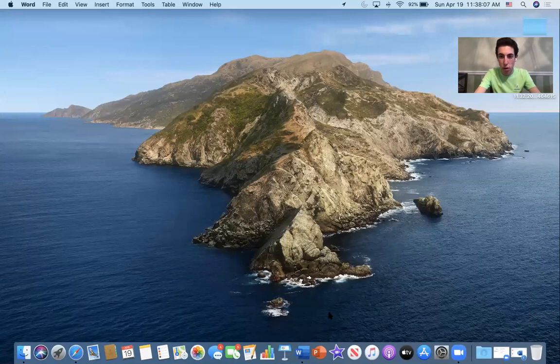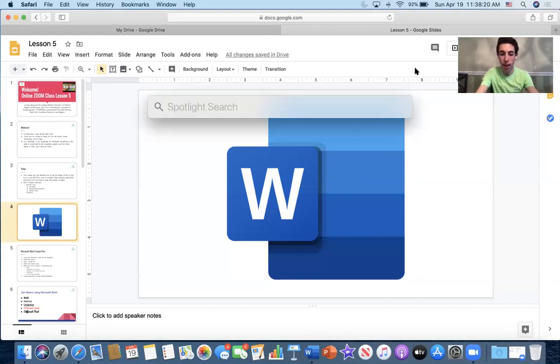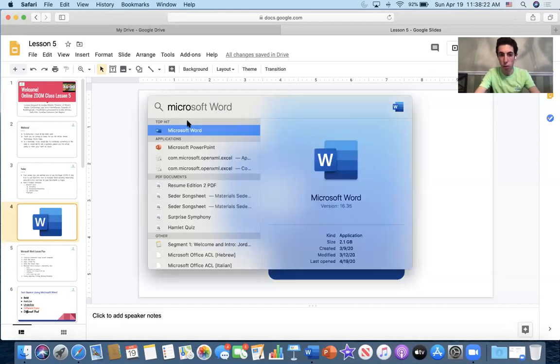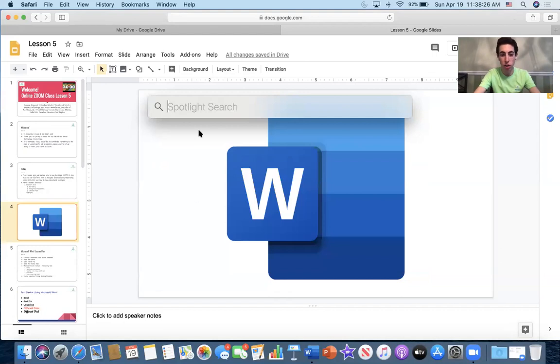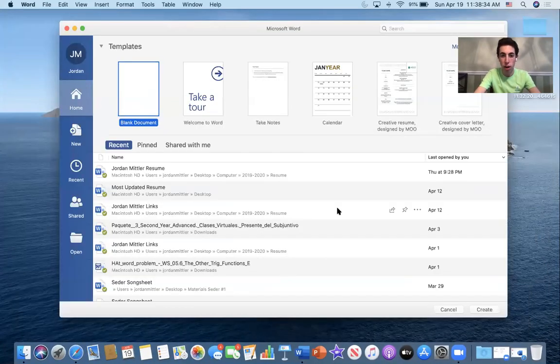This is what the icon looks like. Here's an enlarged version of it. You should usually see it at the bottom of your screen. If it's not there, you could search through the applications by clicking on the magnifying glass and looking up Microsoft Word, and the first thing will come up. If you have it in your dock, which is the easiest way to access it, it will appear right here or somewhere on the bottom of the screen. Once you open Microsoft Word, you're going to see a panel that looks something like this.